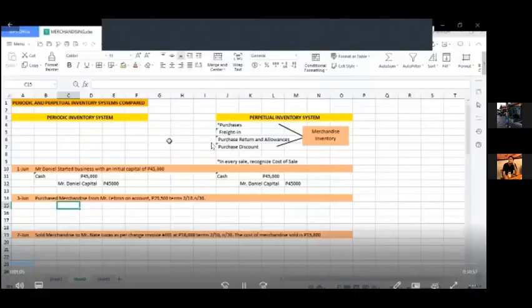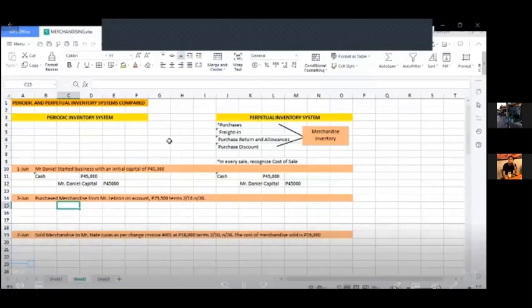Nalalaman lang natin ang proper inventory balances kapag tayo ay magsasagawa ng actual physical count. So, how is the difference of periodic inventory system with the other